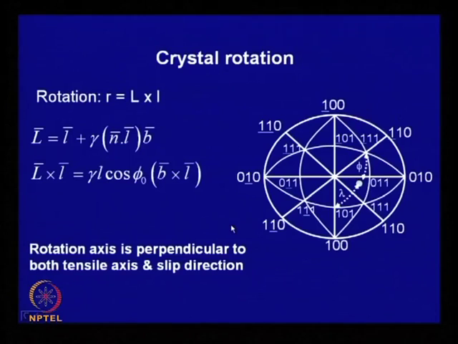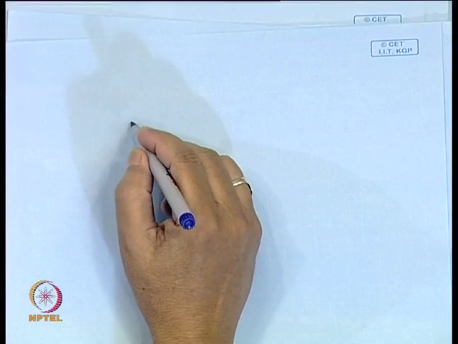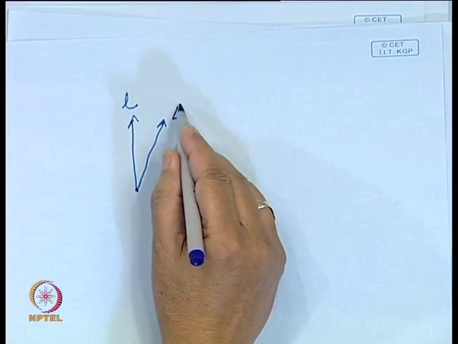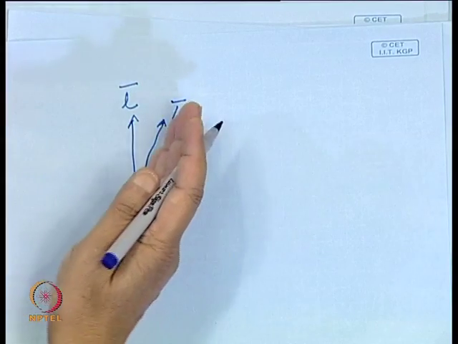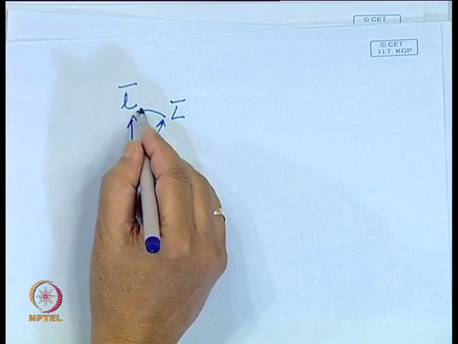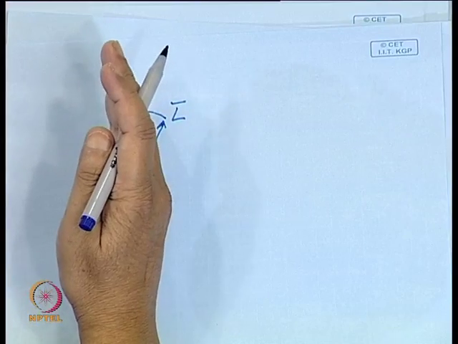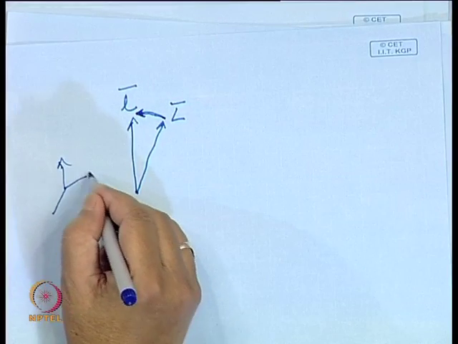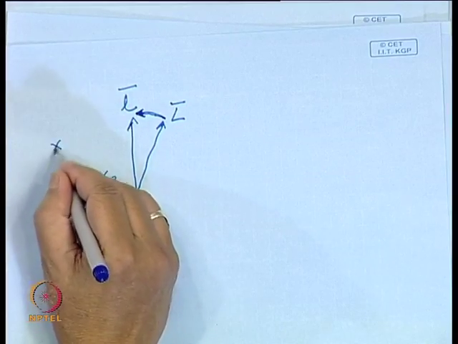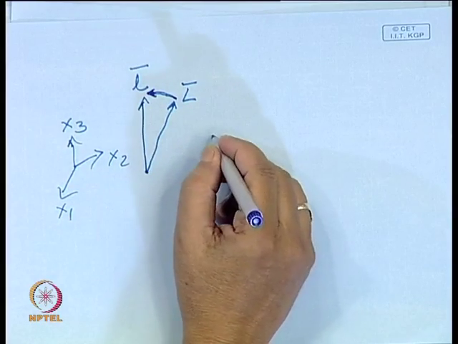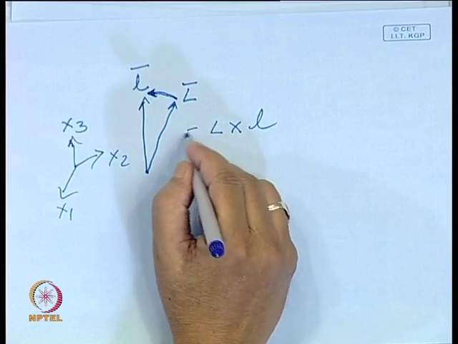Now, we have mentioned that the crystal rotates during deformation. So, how do you find out that rotation axis? If this is your initial tensile axis, and with a little slip deformation this vector gets transformed to this, then this has to rotate like this to keep the alignment of the loading direction perfect. This will be forced to rotate, but the crystal axis will not change. The lattice axes, say x 1, x 2, x 3, will still remain exactly the same. Now, how do you find out this rotation? The rotation vector is the cross product, basically L cross l. So, this is the rotation vector